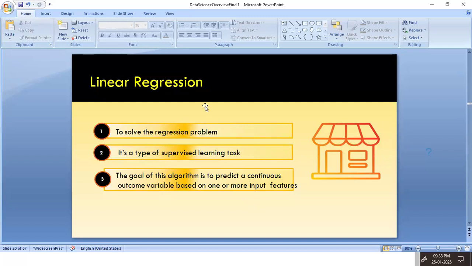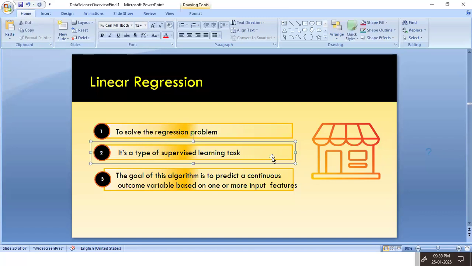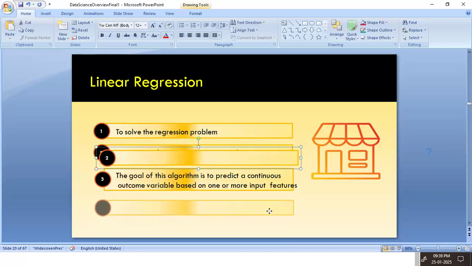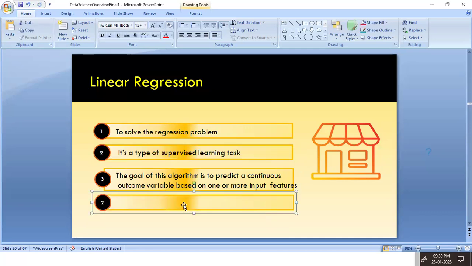So the goal of this algorithm is to predict a continuous outcome variable. Linear regression falls under the regression problem. To solve the regression problem, we use linear regression, and it's a type of supervised learning task. The goal of this algorithm is to predict a continuous outcome based on input features like the size of the house, age of the house, location of the house, and so on. Also, one of the key objectives is to model the relationship between